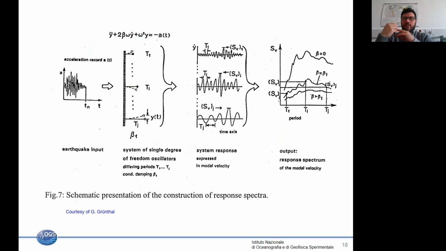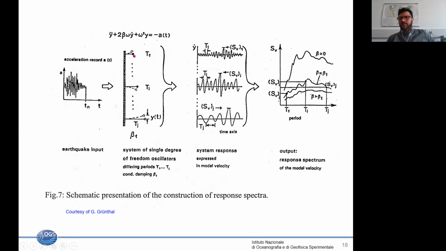Engineers, and some of you are engineers, do not use the Fourier spectrum very often. Now it's becoming more popular also for engineers, but it's standard practice, also for design, that another quantity is used for representing the shaking of an earthquake. Generally, this is done through what is called the response spectrum. It's not the ground motion itself, this is just the shaking of the ground. It is the response of